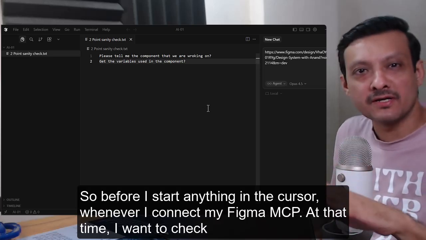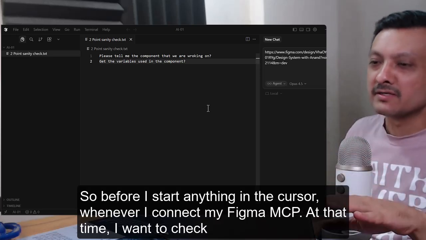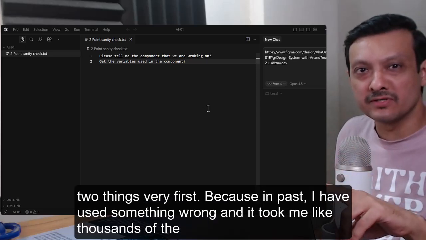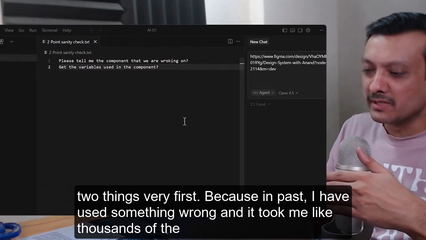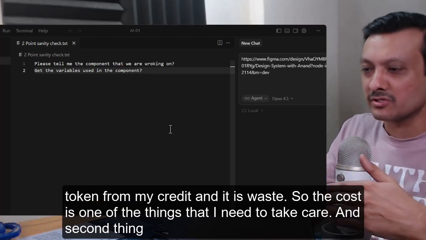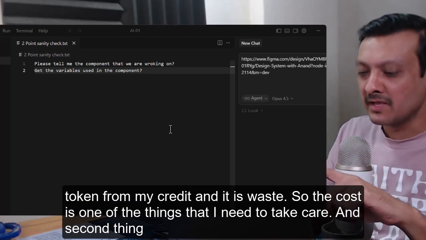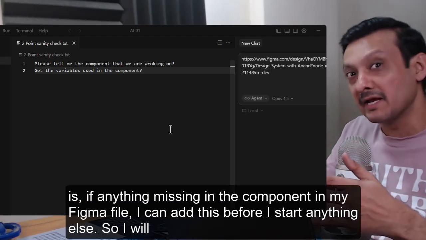So before I start anything in Cursor, whenever I connect my Figma MCP, at that time I want to check two things first, because in the past I have used something wrong and it took me like thousands of tokens from my credit, and that is a waste. So the cost is one of the things that I need to take care of. And the second thing is, if anything is missing in the component in my Figma file, I can add it before I